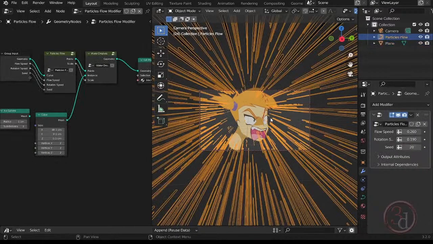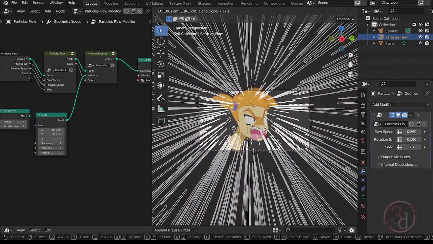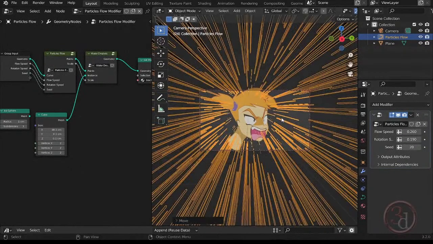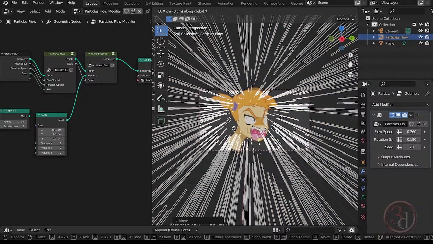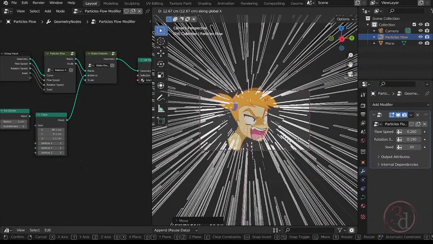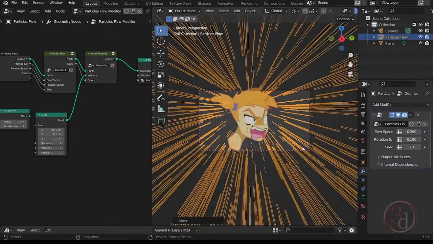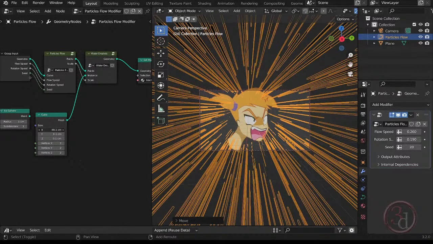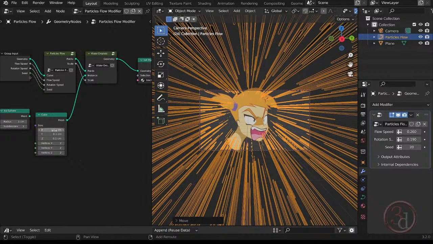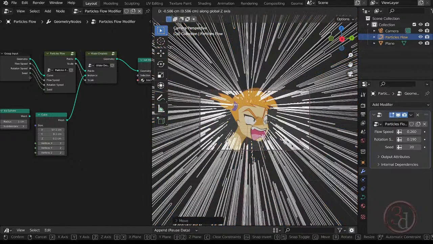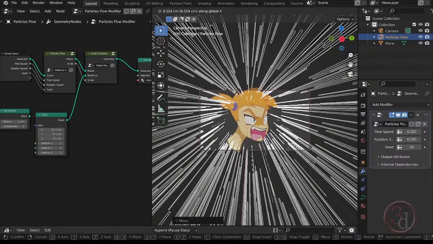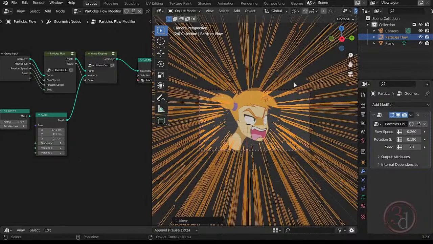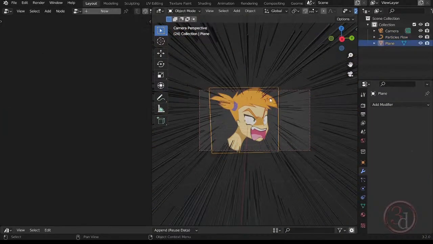Okay, so I can just move this to the side just a little bit and maybe push it back in the x-axis. So we have some more, and I can increase the density, perhaps something like this, and move this again in the x-axis. Yeah, so you get the idea. And now let me hide this, or say do not render. So if I render,